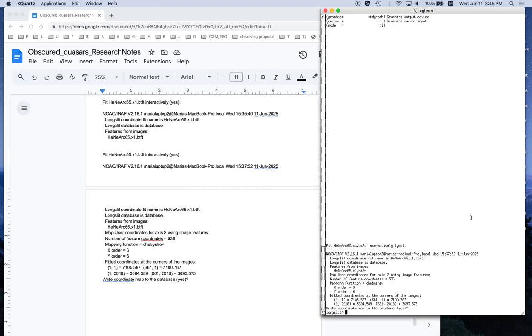I'm correcting my log file here, but let's read. So it is saying that now this is the helium neon arc map for access to image features. This is the order of Chebyshev fitted coordinates at the corner of the images. So now we can